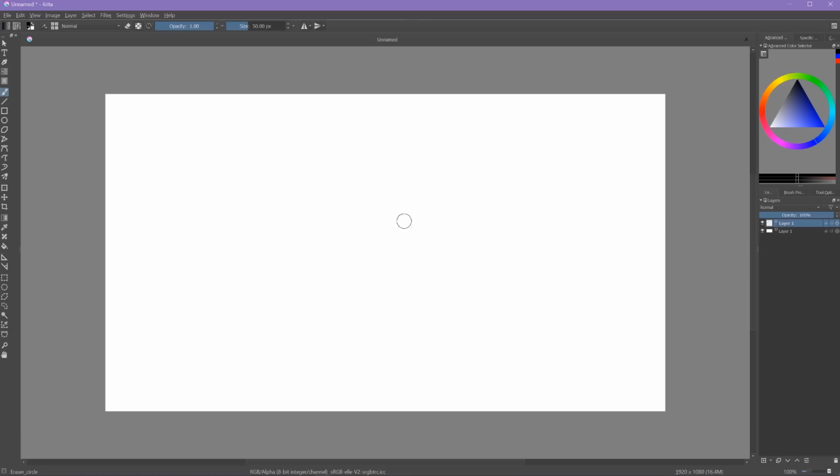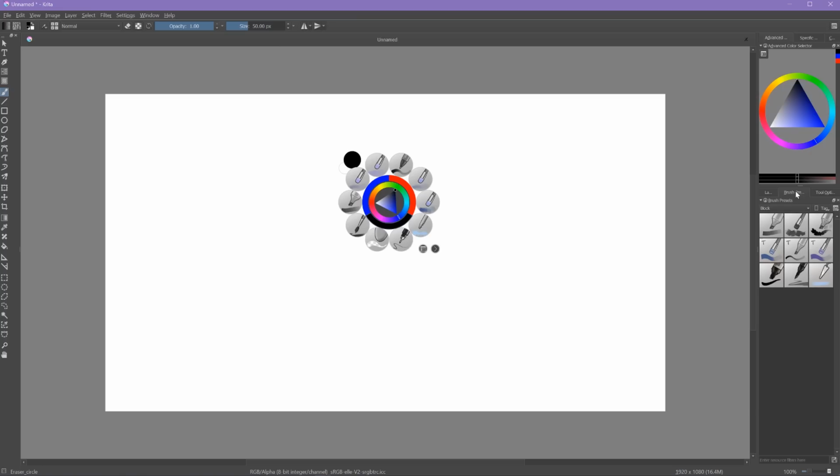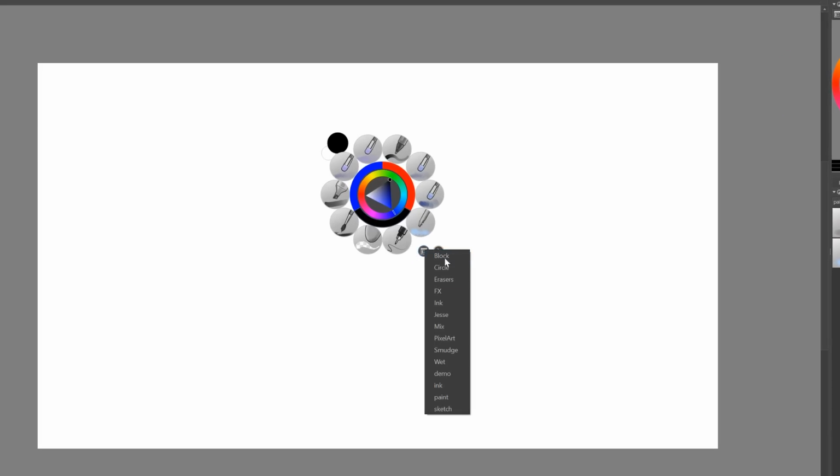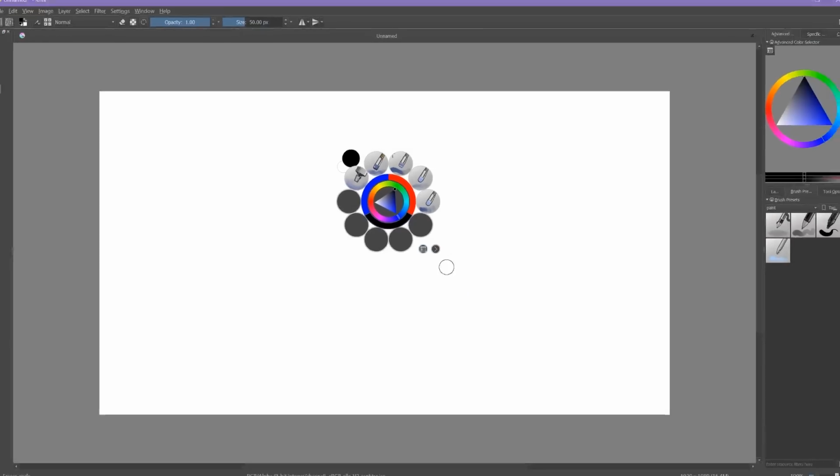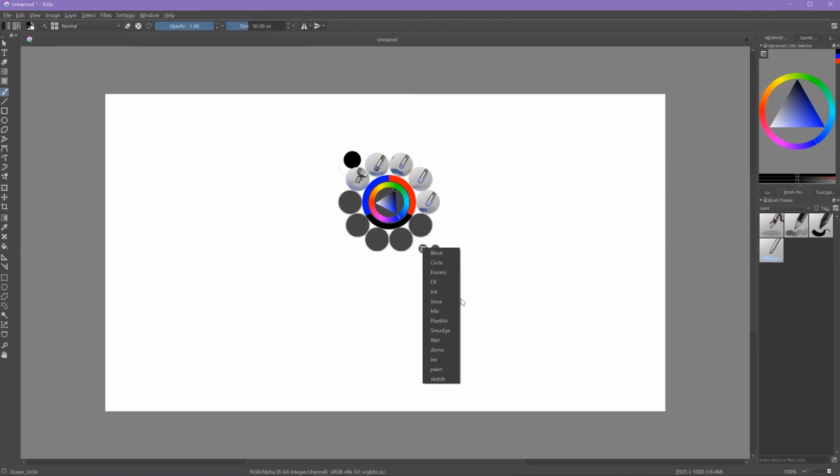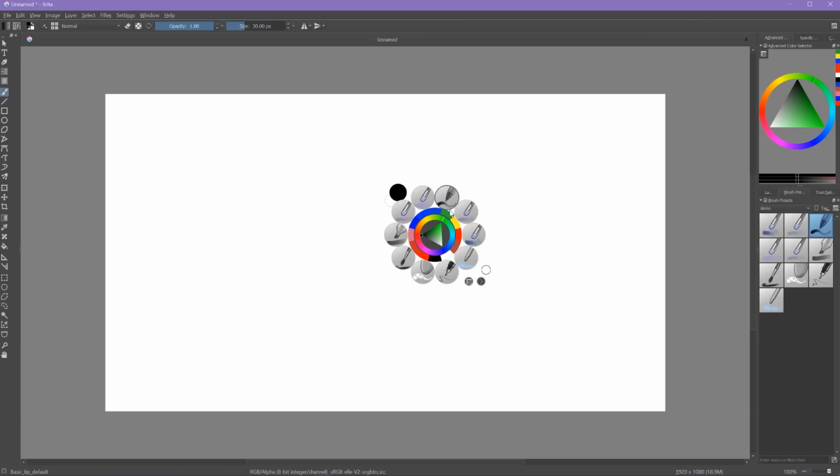So here's a really cool feature in Krita. If we right-click, a window will appear showing all the tools that we can select as well as a color picker. The way this menu works is it selects from this brush preset window. If you'll remember, we had all these different selections. So if we click this menu button right here, you'll see all the same options. So I can select mix for mixing colors, or I can select ink for all my ink tools. You can also change the setting of the tool you have selected by clicking this arrow tool here, and you can change the size, opacity, and other options.